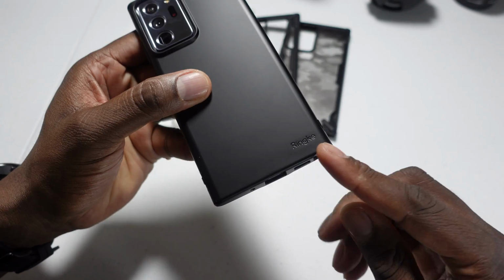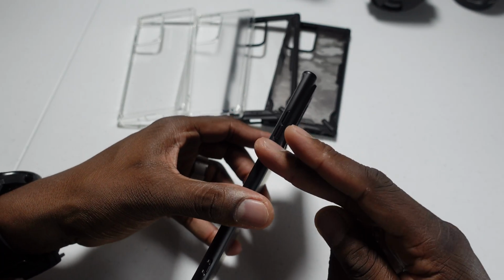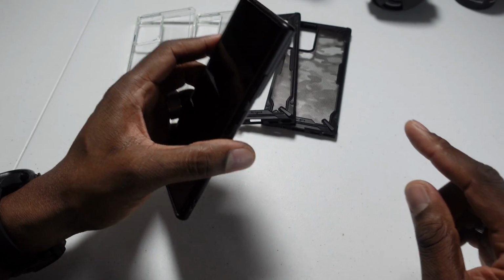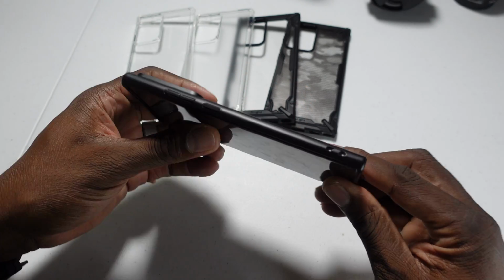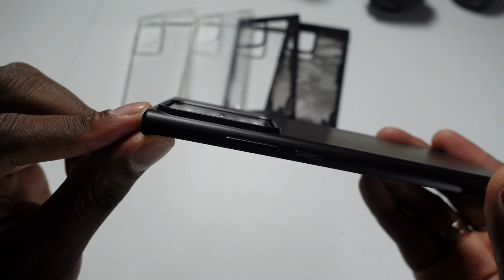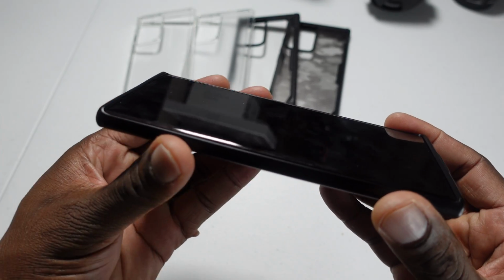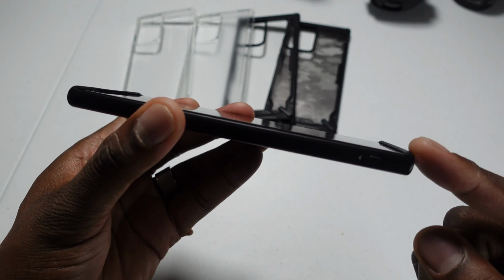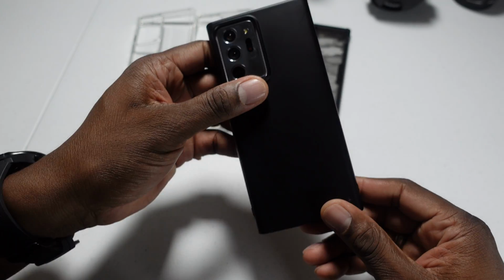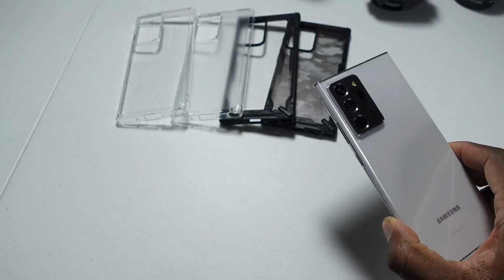So you've got, again, Ringke branding down here because this is an Air series. You got a textured volume rocker on there. You got the volume power button, and you got volume rocker right there. And all ports, everything's going to be identical. And then you've got that nice protection for your camera. And on this one, you should be able to see the lip protection a little bit better because it's a black case. You see it right there, and then right there, you can see it. So let's pop this off, and let's go with the famous